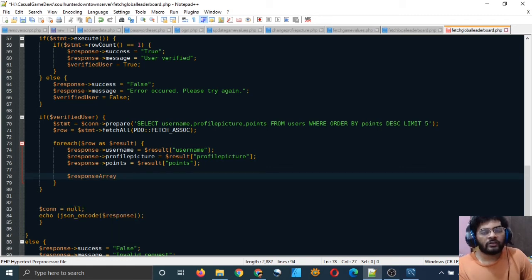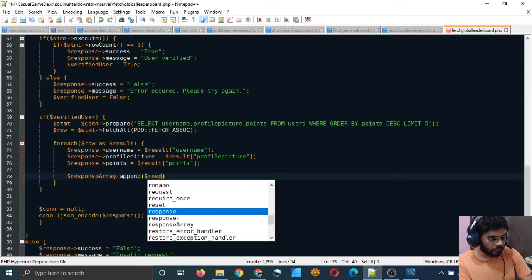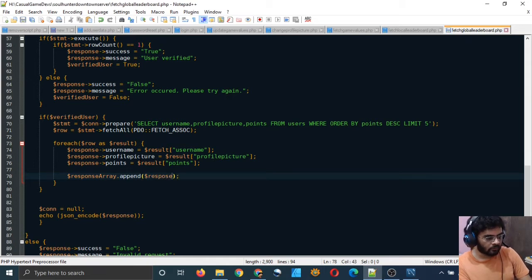At this point, this is not a JSON array, this is just a simple array, and as far as I remember, this was the command to do that. It may be wrong, we will see. $response array dot append response.